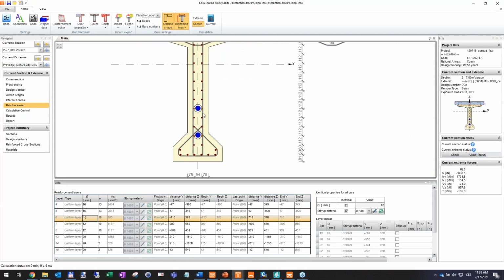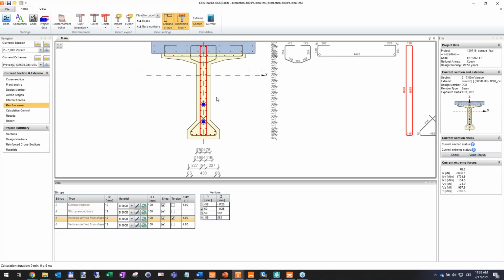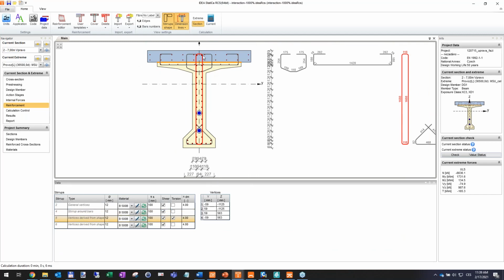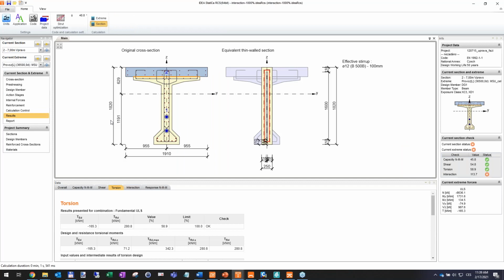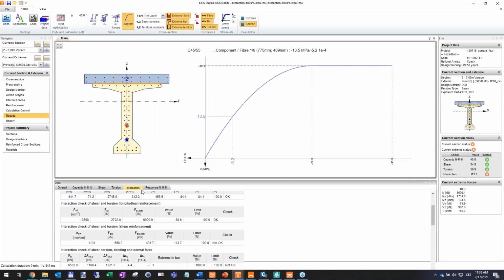Also, I recommend to use only one stirrup effective for the torsion, because then the equivalent thin wall section is created correctly. And we go to interaction,